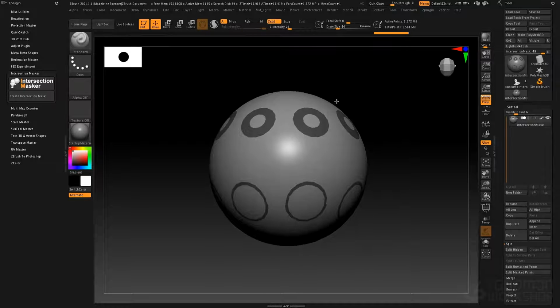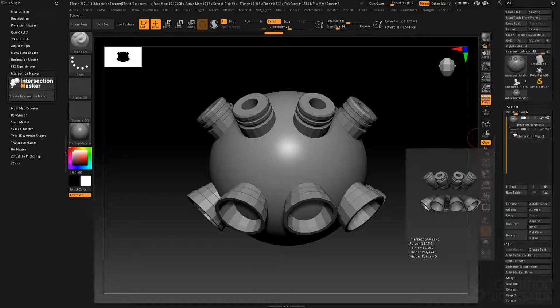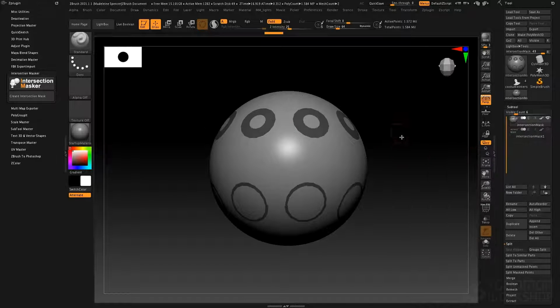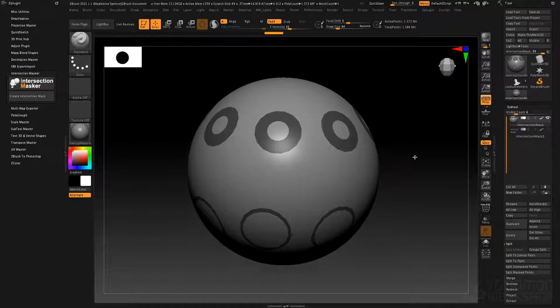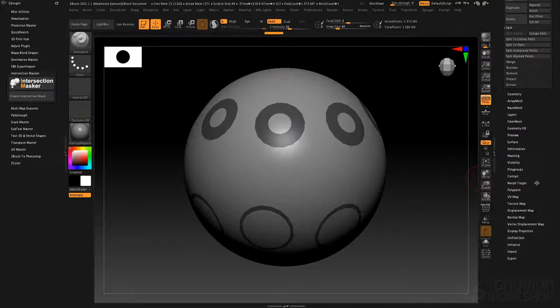Now there's a variety of things that we could do with this. I'm going to go ahead and click Split Hidden to split out those pieces that were previously intersecting, and we'll just turn off visibility on those. So now, with this masked area, I could do a mesh extraction, or I could create a polygroup. Let's do that. Let's go to Polygroups,